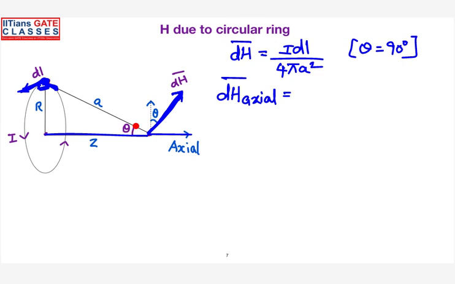So what about this angle now? 90 minus theta. And as you can see here, this radial vector and your differential magnetic field are said to be perpendicular. So already there is 90 minus theta angle is covered, which is nothing but theta. So can you tell me what is the magnetic field in this transverse direction, upward direction? Can you tell me what is the magnetic field in this direction?